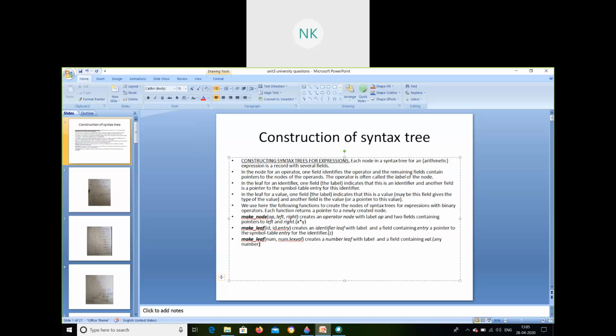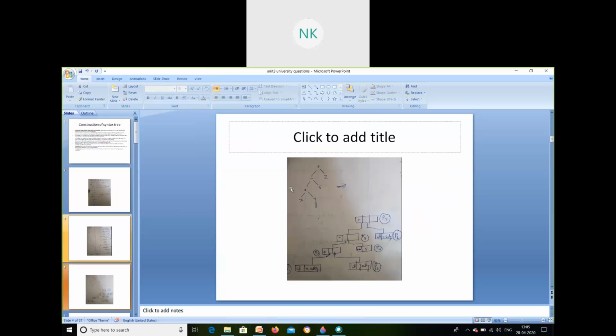Whatever you got as output from the first phase, the lexical analyzer, which gives out streams of tokens, the syntax tree takes those streams of tokens and gives you a diagrammatic representation, that is, a tree representation, with the help of a certain technique. This is how a tree will be constructed.